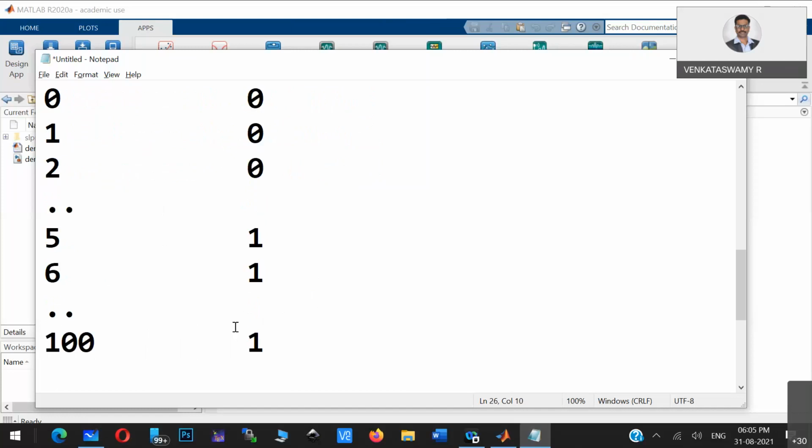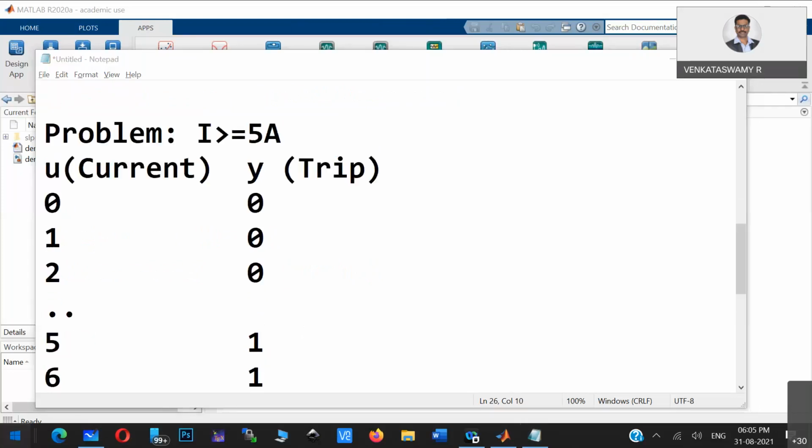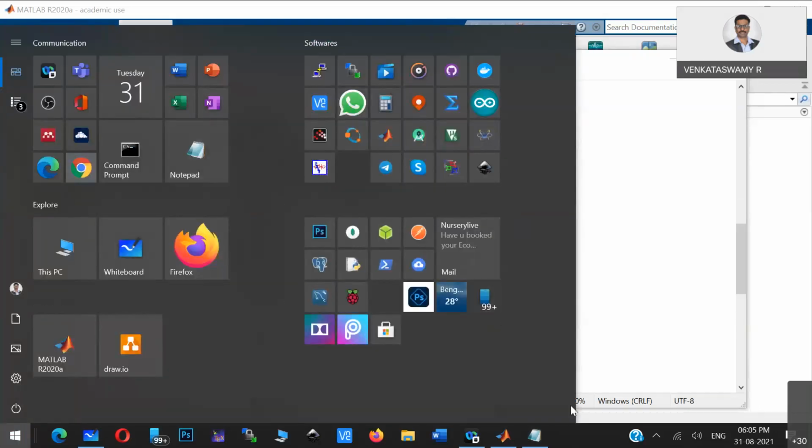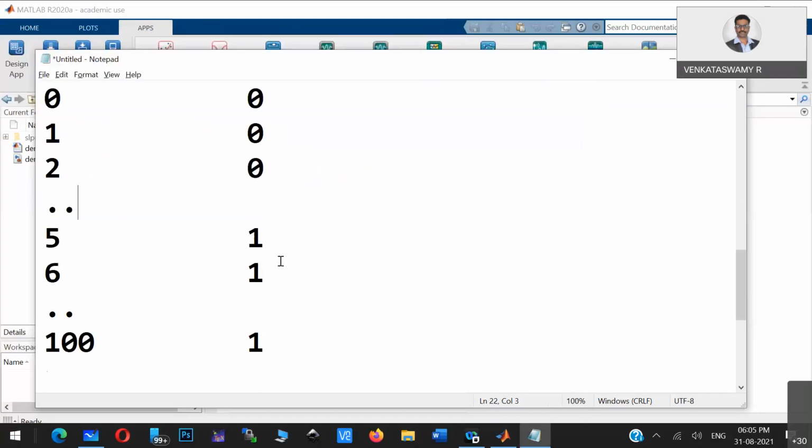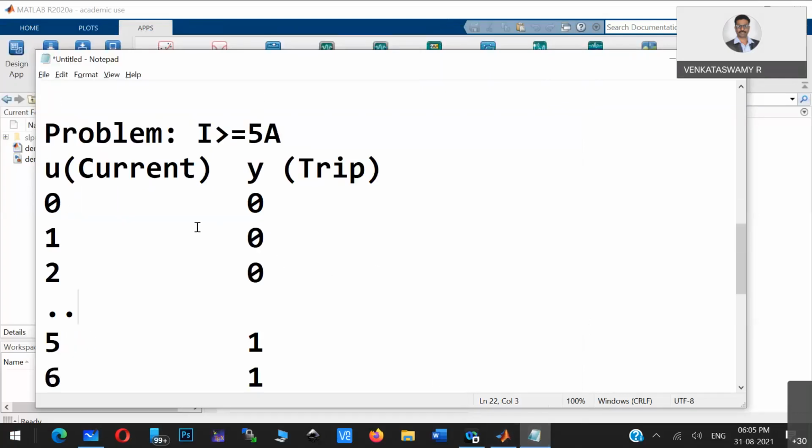So this is the data for the MCB, correct? I can construct this particular data in MATLAB. Is this data clear for the MCB? I just constructed an input and output data set. Input is basically current, output is basically the trip value.